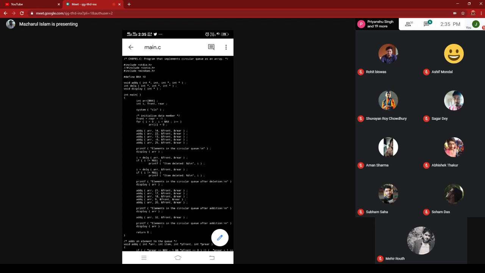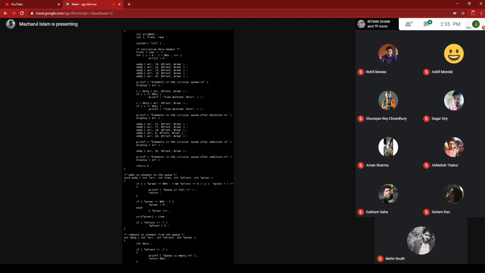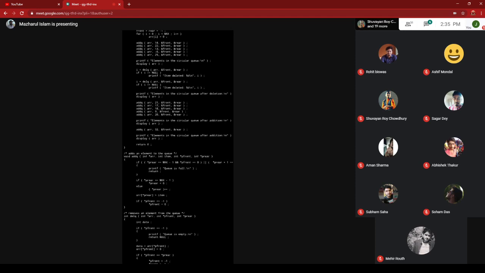When at least one element is added in the add queue function, the first if block will not be executed. The second if block will also not be executed, because you are adding only one element. So the else part will be executed: *p_rear is incremented, and in this location you are assigning the item.